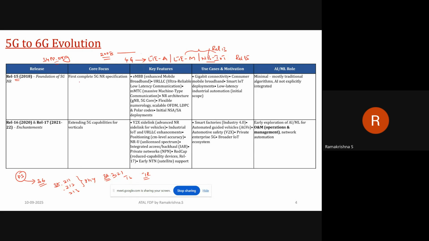The main focus was the first complete 5G NR specifications we got. We have been getting the features of eMBB, URLLC, and massive machine type communication. The basic architecture we were able to obtain, and the numerologies, that is, the scalable numerology. This is the major difference with respect to 4G, that is, numerology 0, 1, 2, 3 and 4 were followed by the 5G standards,